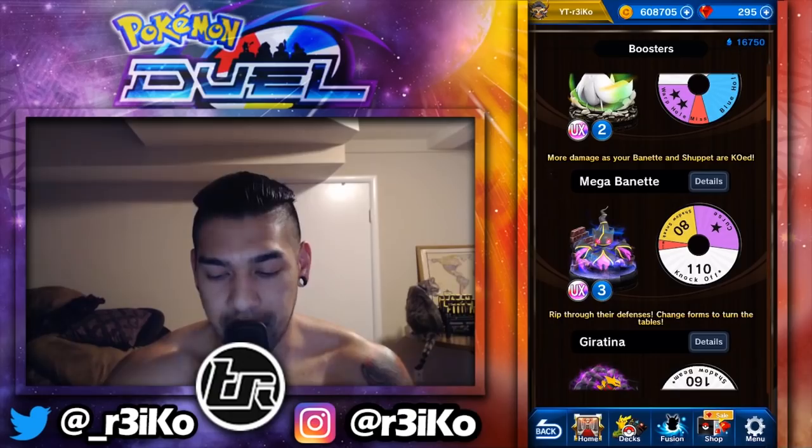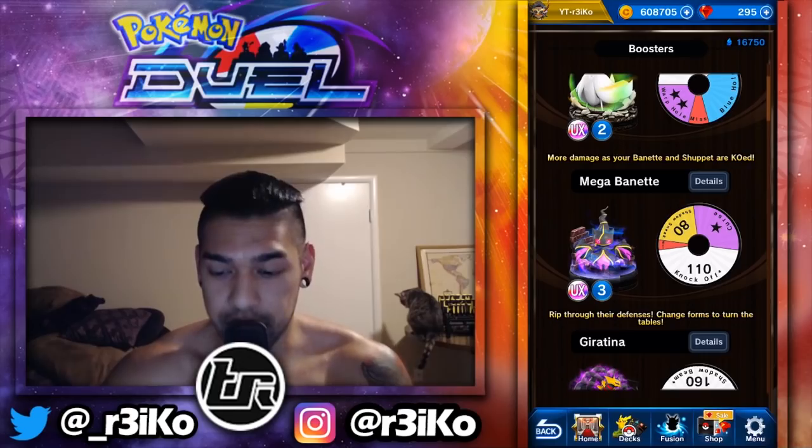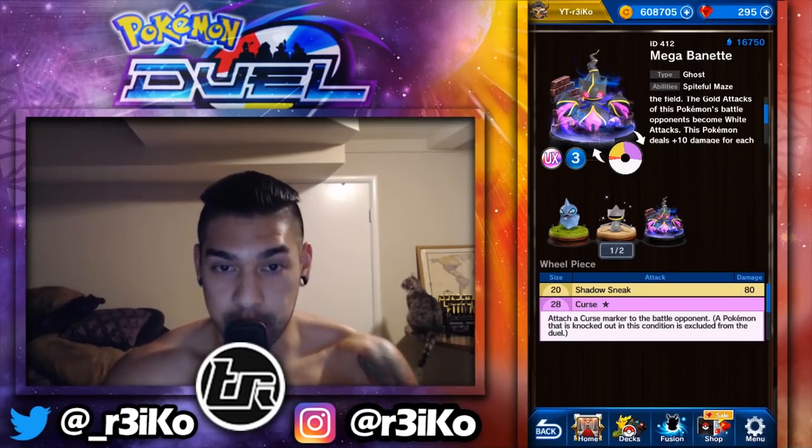Now, Mega Banette, I like the knockoff ability, or the attack knockoff. I like when people finally start to get the knockoff. Knockoff, what it does in the Game Boy games, is it knocks off the held item. This knocks off like the plate that you've used. So, I like the Mega Banette. I like the knockoff. It does good damage. The wheel's okay. And it turns everything from gold into white, which is going to be beneficial against